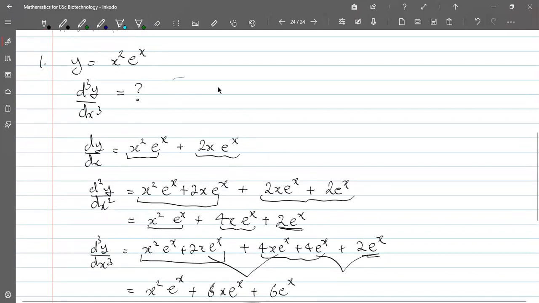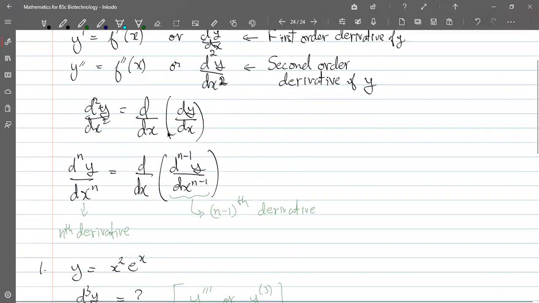Other notations for this: y3 like this, or y triple dash, or y3 of x, or just y3. So here also, the nth derivative is denoted by y with n in brackets, not y to the power n. This is not y raised to the power n. This is the nth derivative of y. This is a common notation for the nth derivative of y. Okay, you have to write the number in brackets, or you can put n dashes here like this,